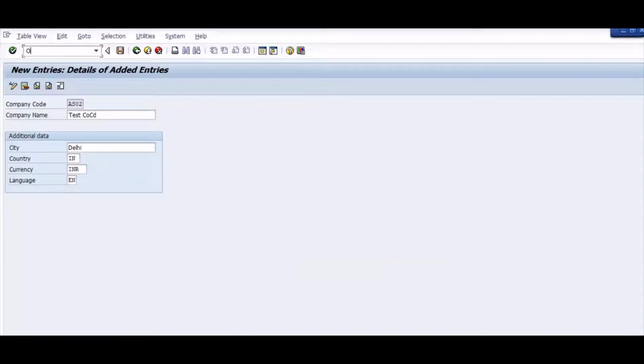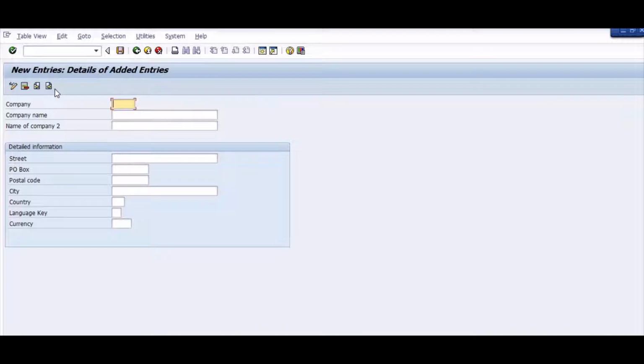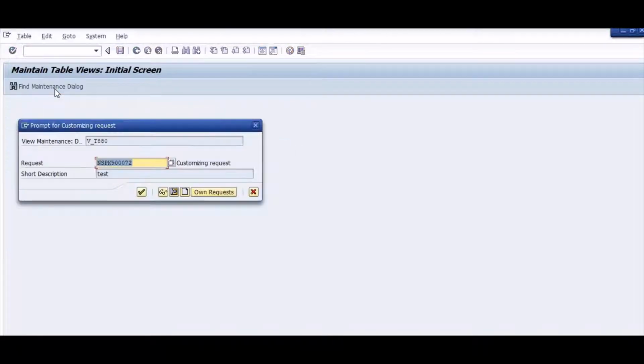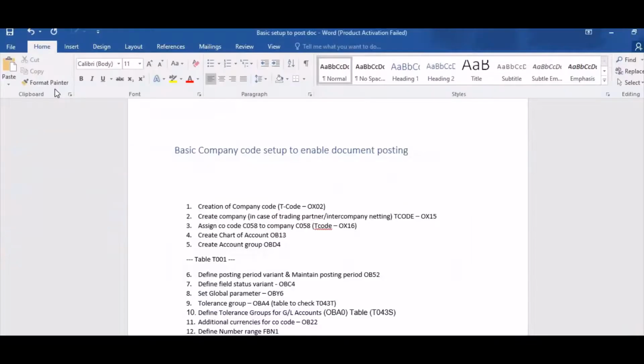A company is required when we are going to do intercompany transactions or intercompany activities. A company is basically known as a trading partner for the underlying company code. So we'll give a name to the company, which is then referred to as the trading partner name. We use this trading partner name in various master data like GL, vendor master, and customer master,